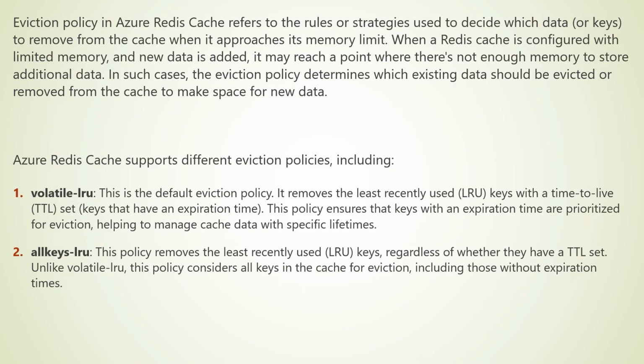Eviction policy in Azure Redis Cache refers to the rules or strategies used to decide which data or keys to remove from the cache when it approaches its memory limit. When a Redis cache is configured with limited memory and new data is added, it may reach a point where there's not enough memory to store additional data. In such cases, the eviction policy determines which existing data should be evicted or removed from the cache to make